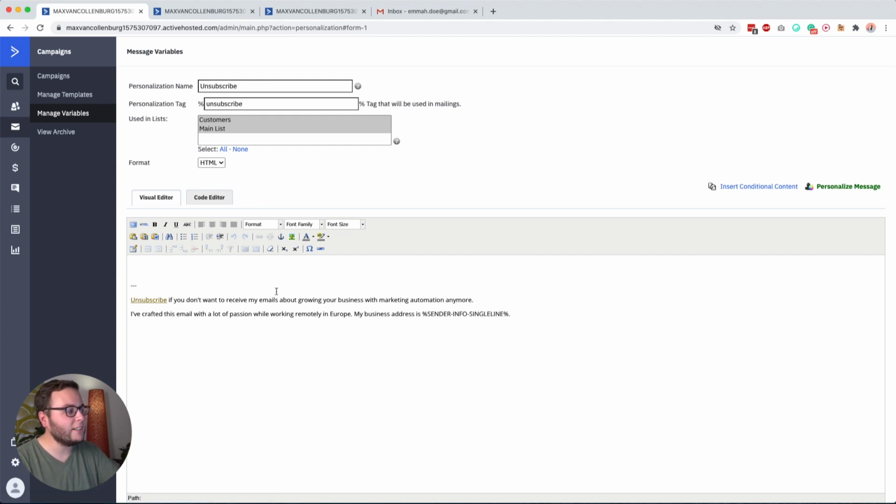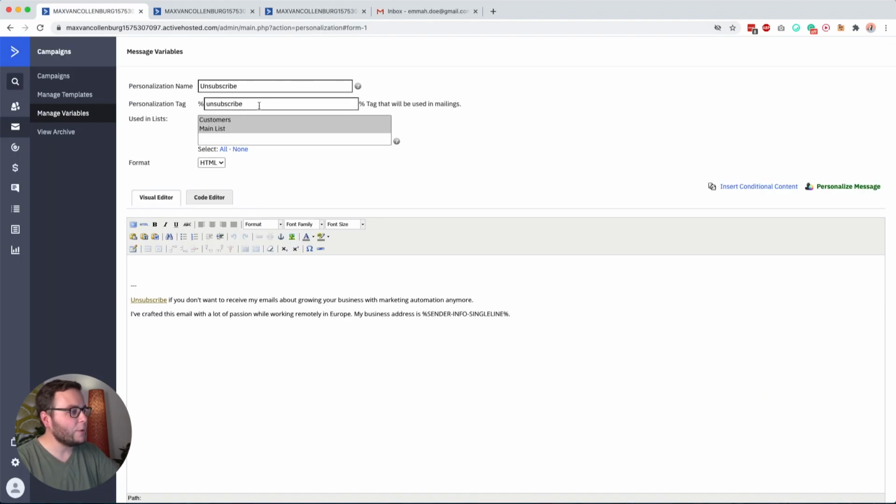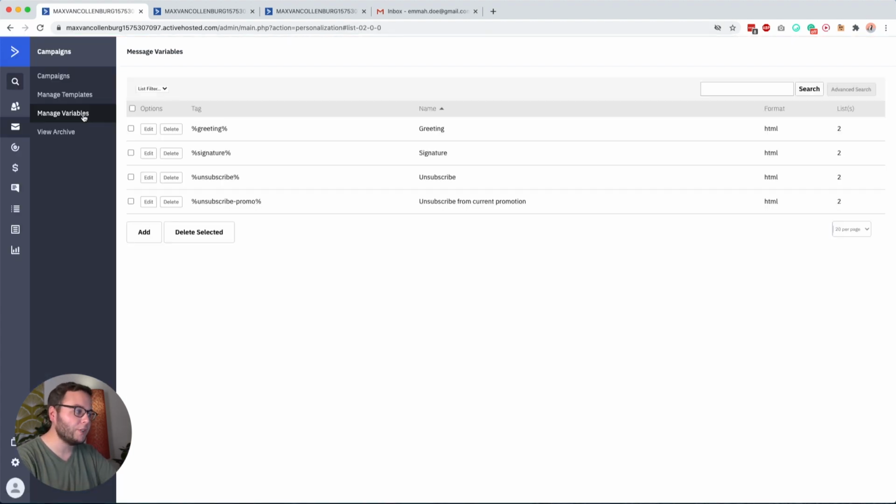And also, by including this inside your email, the default unsubscribe line that ActiveCampaign adds to your emails will also disappear. I'll also show you that in a bit. Now, what you can also do is I have this unsubscribe variable, and then I also have another unsubscribe variable for promotions. So most of my emails are all based around value. I really like to send out valuable content, but some of my emails are also going to be promotions. Then I tell someone about a cool offer, and I want to make it really easy for people to opt out of the offer, but not to unsubscribe from my list completely. That would really be a shame.